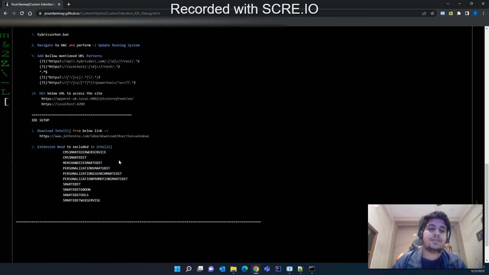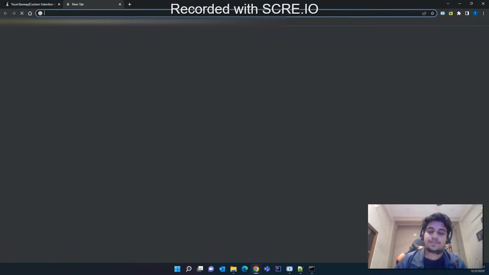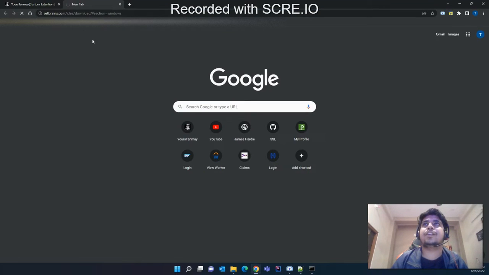So we can complete our code base setup in IntelliJ. In order to download IntelliJ, I have provided the link. So this is the link. You can copy this link and in a new tab you can enter this link, and you will be landing on the IntelliJ